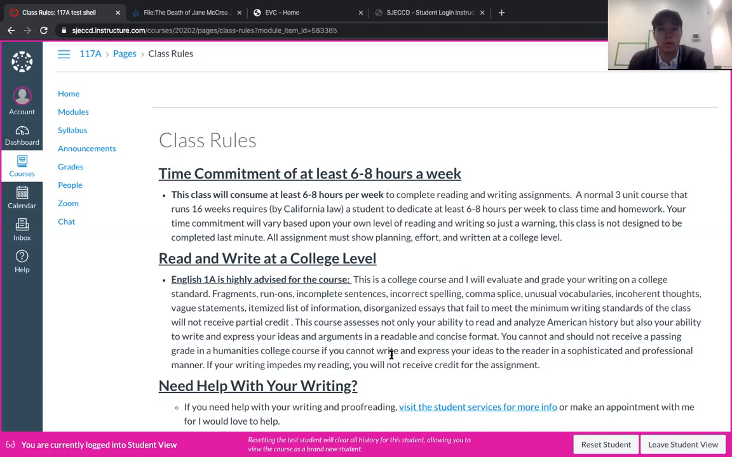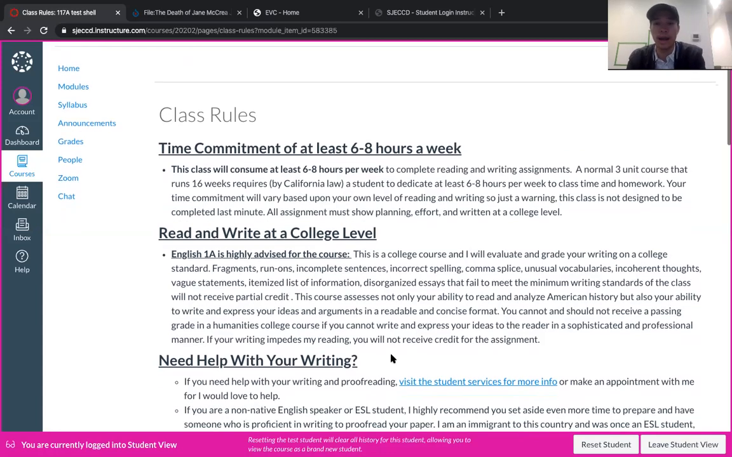So at the end of the day, a syllabus is a contract between you and me, right? I will grade your assignments. I will provide you a grade. That is my end of the bargain, but I expect you to hold up your end of the bargain, which is that you have to complete the reading assignments and your writing, right? So 6 to 8 hours a week is required, and I would say that really depends on your level